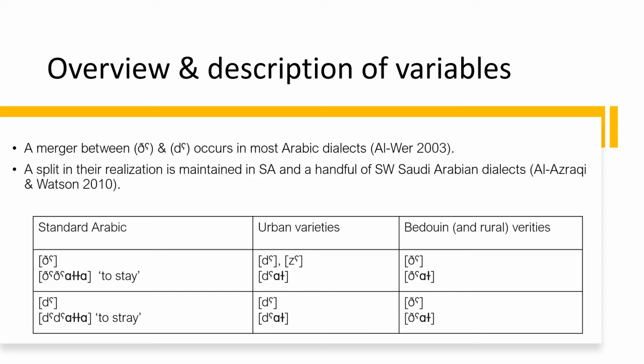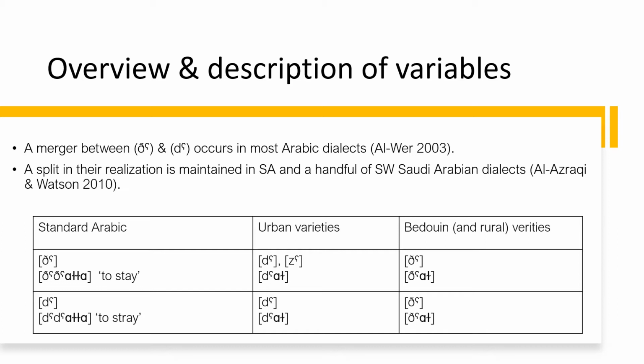southwestern Saudi Arabia. So as you can see here, Standard Arabic realizes the first variable in a particular way, and the choice of square brackets here is deliberate. I wanted Standard Arabic to be just another variety, and so this is only another realization. So it is realized one way in Standard Arabic, whereas it's realized differently in urban varieties. The interdental occurs in certain lexical items and when the standard is attempted, but the stop remains the default